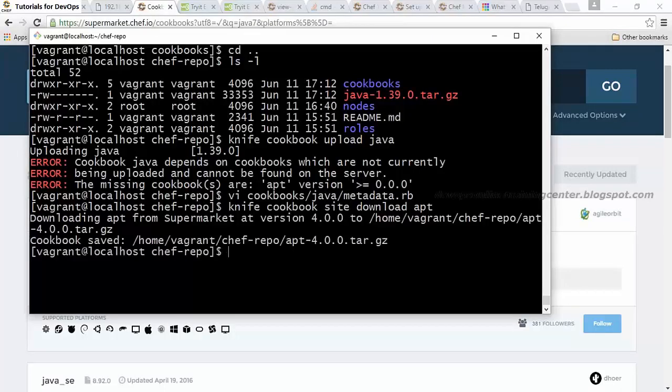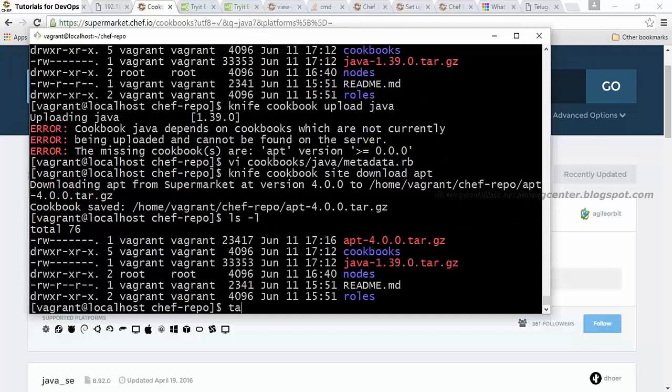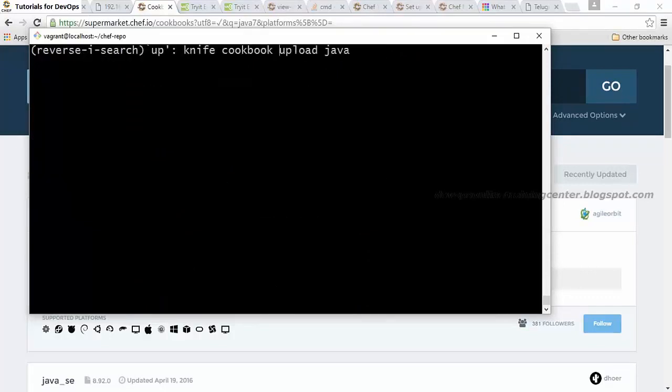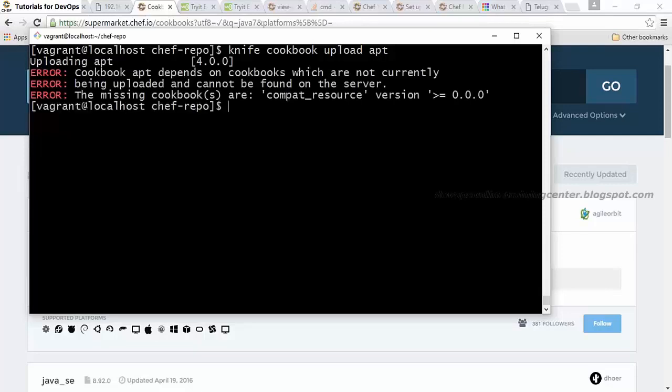Okay, now apt is downloaded. Extract it with tar -xvf apt, and now move this apt also to your cookbooks folder. Try to upload apt first, not Java. Okay, it is failing again. The reason is that apt has a dependency, something like missing cookbooks. You can cross-check it in the apt